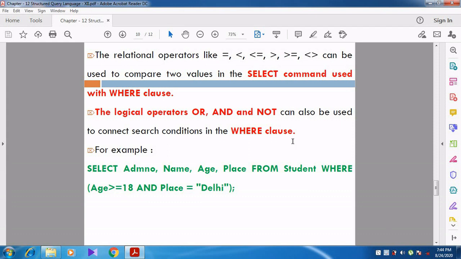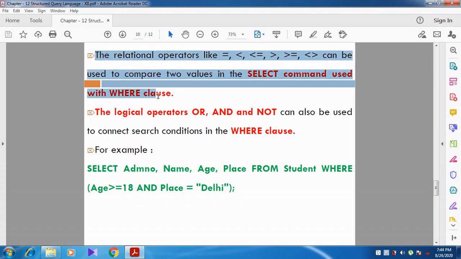Before going to the example, we want to know about relational operators. You know very well about the relational operators. What are the relational operators?